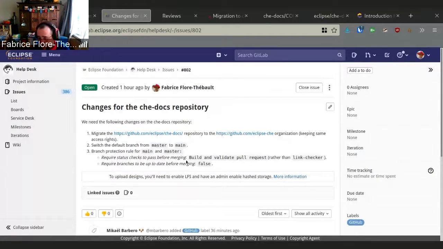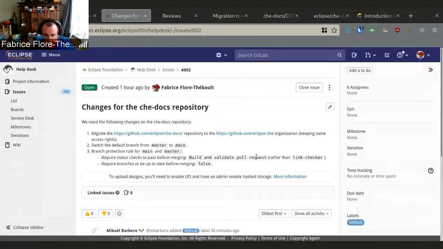One of the reasons is that we should have more runners, so wait less time for builds. Then we switch the default branch from master to main, and then, but that's just internal kitchen, the name of the job that needs to finish has been changed. It was just kept as a link checker for ages, but it does more than just checking links.